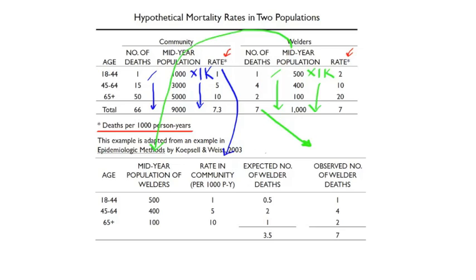And by setting up this table, we're going to seek to answer how many deaths would we expect among the welders if welders had the same age group specific rates of lung cancer as members of the community. So we multiply the mid-year population of welders by the rate in the community per 1,000 person years, and we get the number of expected welder deaths based on the community's lung cancer mortality rates. Now you might notice that just by looking at the expected number of welder deaths versus the observed number of welder deaths,